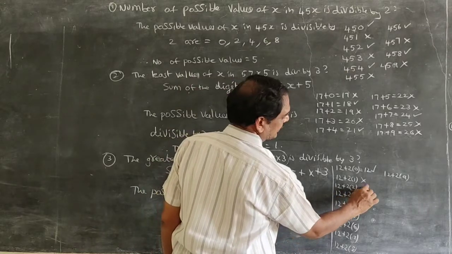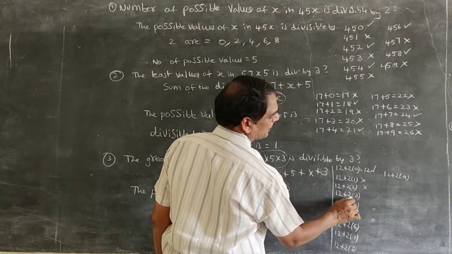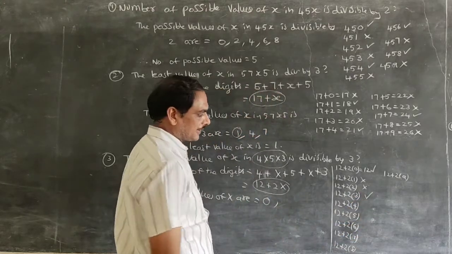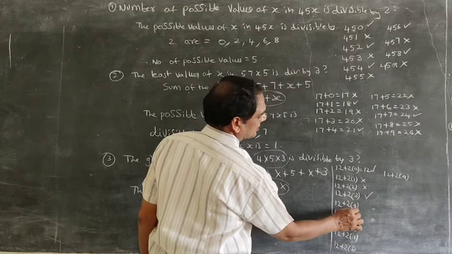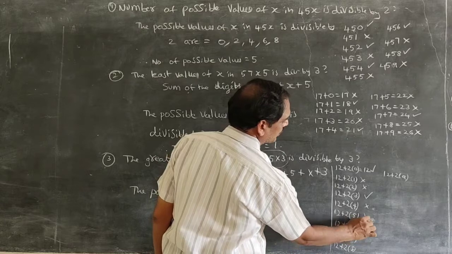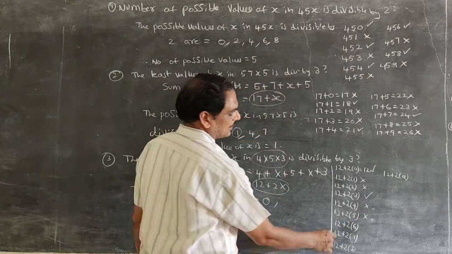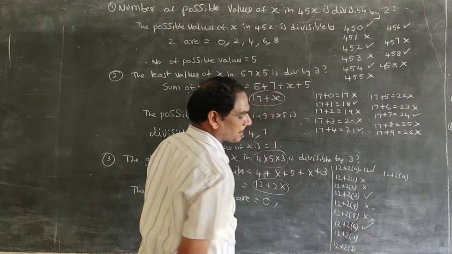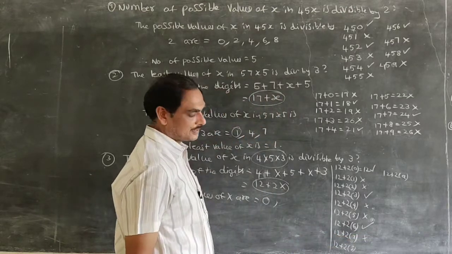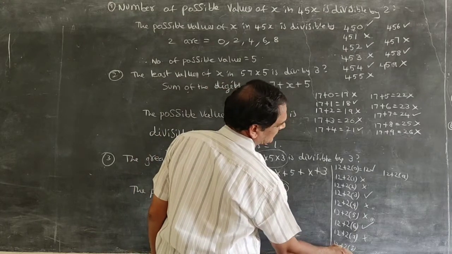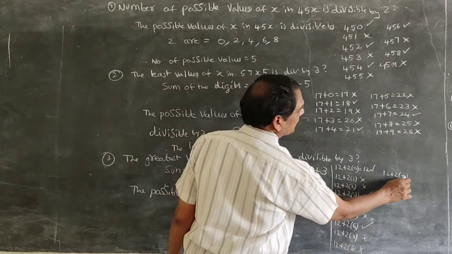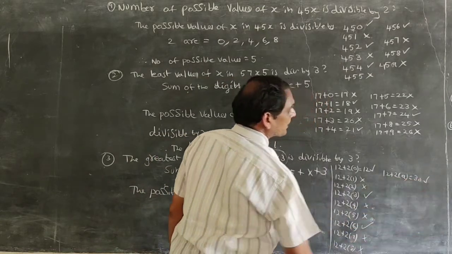And it is 16. And it is 12 plus 2 3s 6, 18. So it is divisible by 3. And 2 4s 8, this is 20, which is not divisible by 3. And this sum is 22, not divisible by 3. 12 plus 12, 24, divisible by 3. 12 plus 14, 26, not divisible by 3. 12 plus 16, 28, not divisible by 3. Next, 12 plus 18 is 30, divisible by 3.